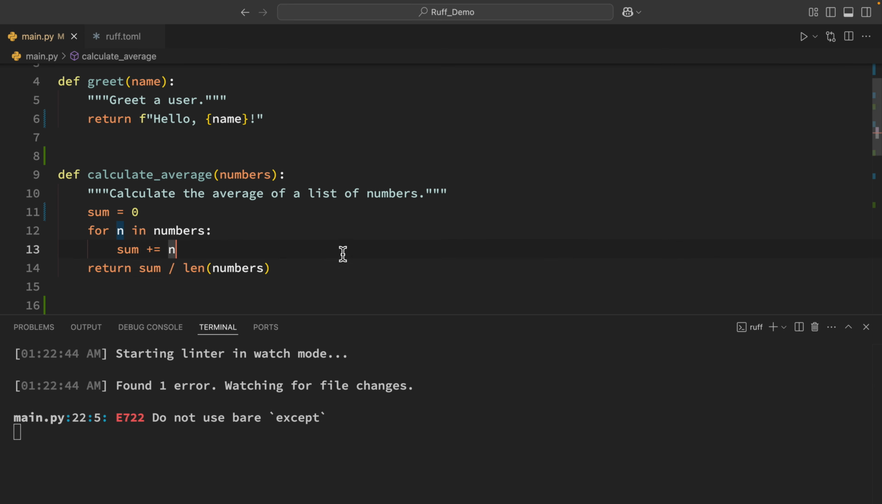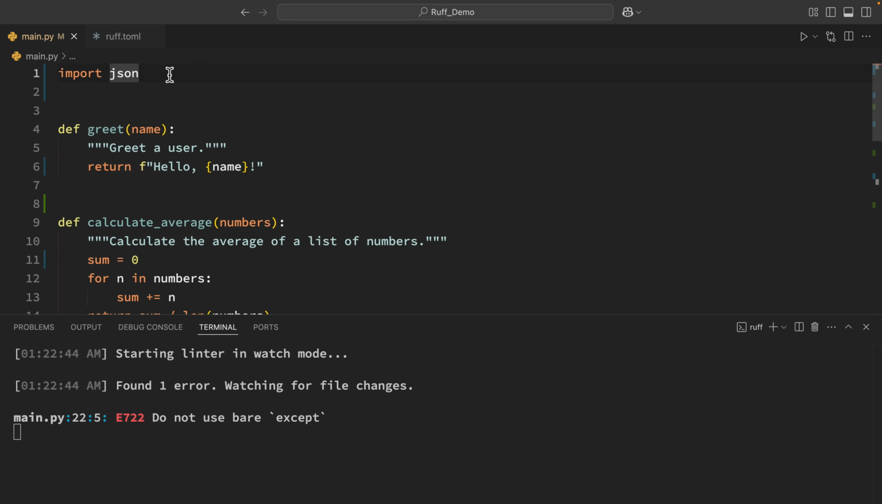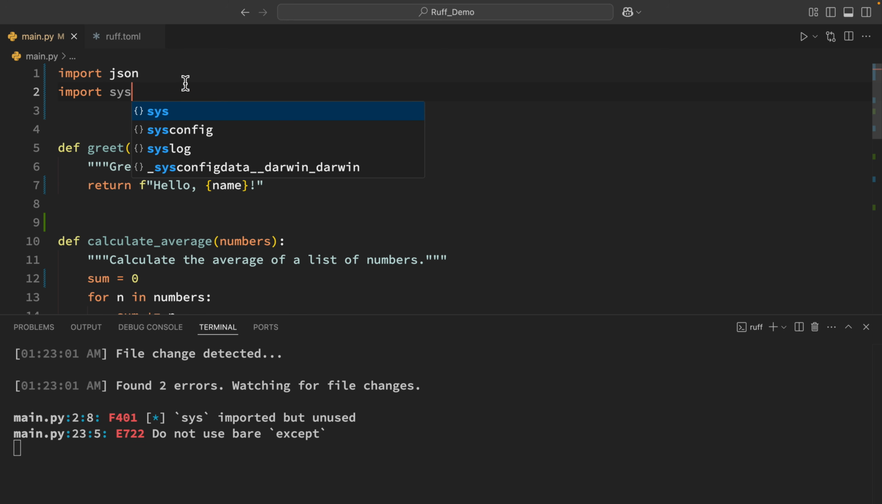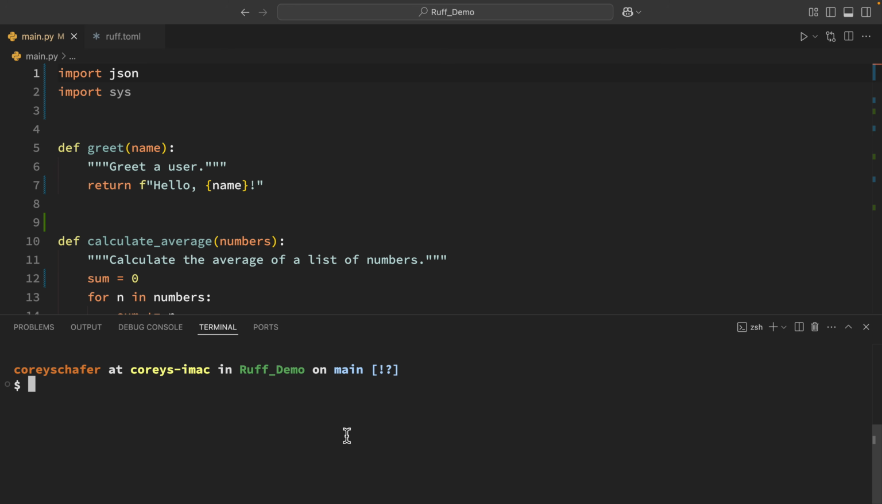So if I go up into my script and I import something that I'm not using in the script, so if I do like an import sys and save that, then as soon as I save that, we can see down here that it's watching and now says, hey, you imported something that you're not using. And to have it stop watching that file, we can just exit out with Control C, and now I'll clear